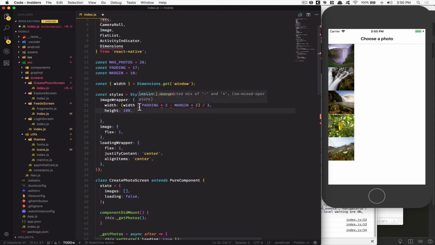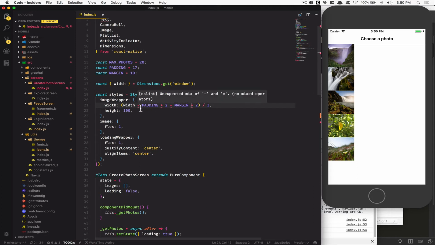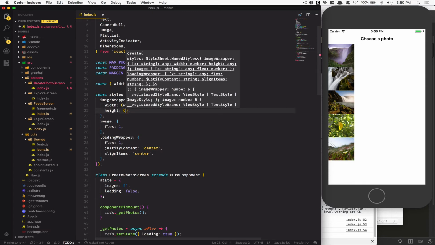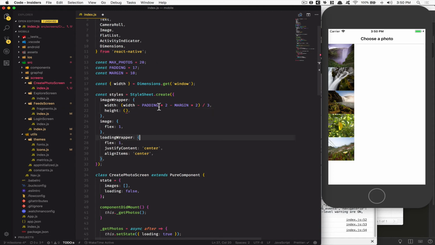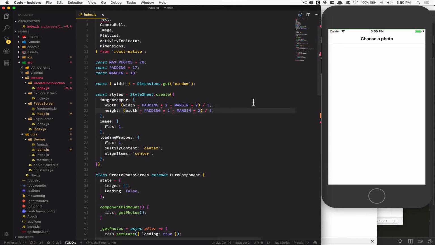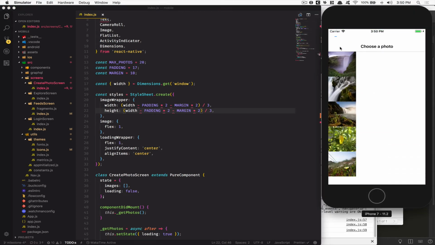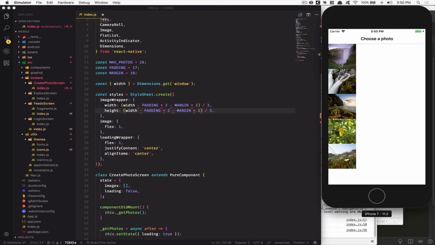Okay, so now what I say, pretty strange, I never got this one before. I don't know why I get this error now. Width. Okay, so for now this one, okay, and for the height we're gonna do the same thing as this one. Okay, the same thing, because we're gonna have the same size. So now if I save this one and I refresh my screen, now you see this is the size we want,